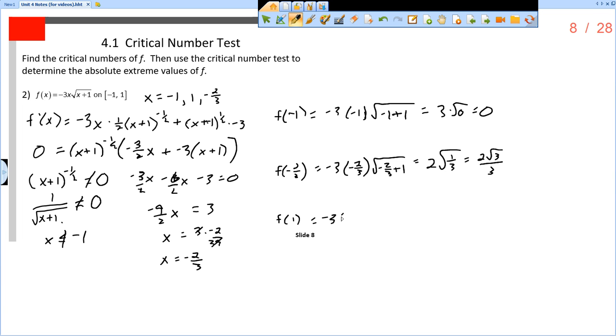And then f of 1, I get negative 3 times positive 1 times the square root of 1 plus 1, so I get negative 3 root 2, which is a negative number. So of course the negative number is the minimum, and the positive number is the max. All right, and so that is slide number